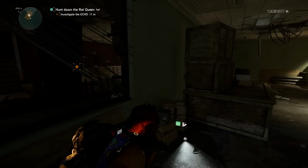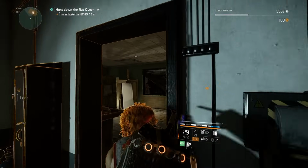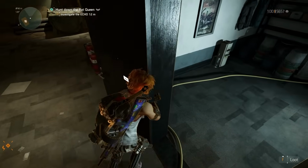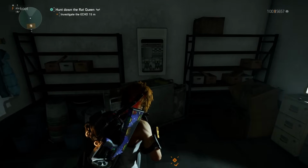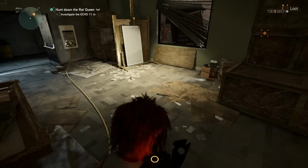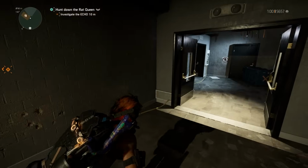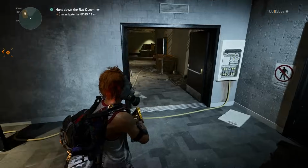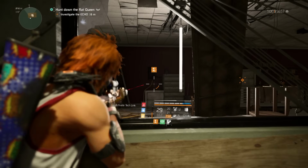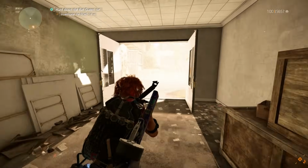Now if I want to do that, I just get that echo and continue. But if you hit the switch, it does turn the power on, and you have a light in there. So I don't know whether this has got anything to do with it, because you'll notice that one of the power cables goes to this junction box here, which could be something for outside, whereas this one went to this junction box here, which then goes through. You have a junction box there as well that goes through inside, which I'm guessing is for the lighting. I have no idea, but I did think that switch had something to do with it, but